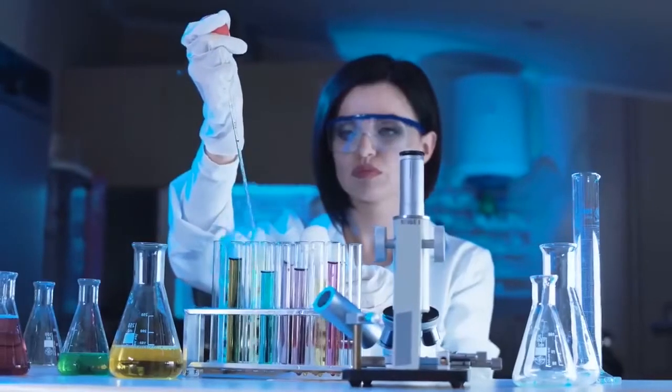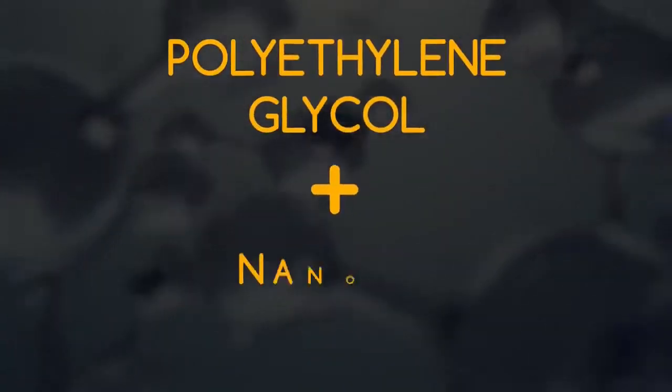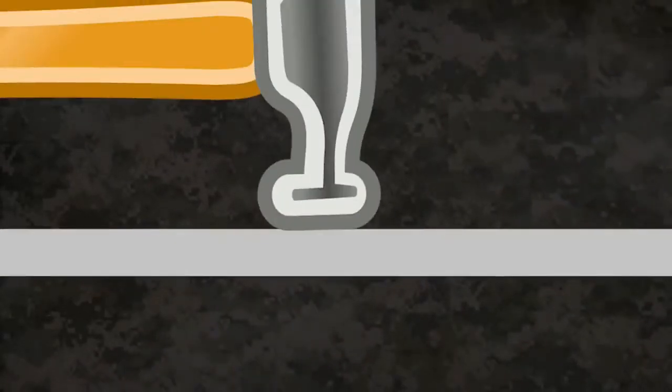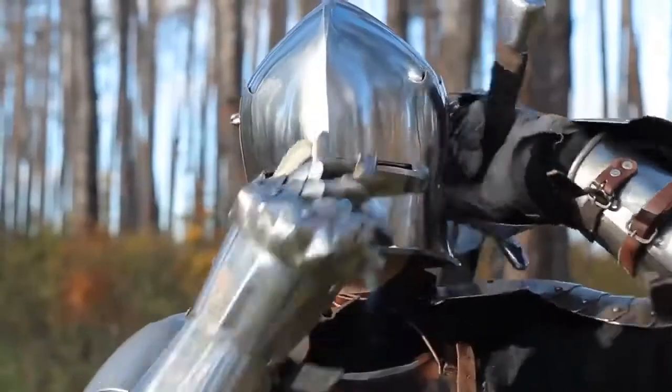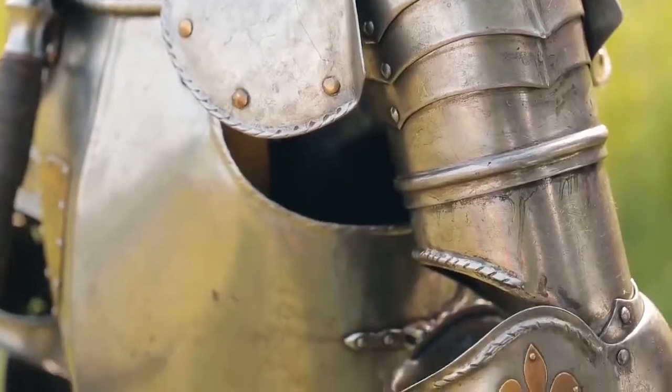The engineers of this project also experiment with another material, a mix of polyethylene glycol and nanobit silica. This substance solidifies independently the moment it gets hit, and when the energy wave from a strike decreases, it becomes soft again. And the outer layer of the armor will resemble that of a medieval warrior, a massive shell, helmet,